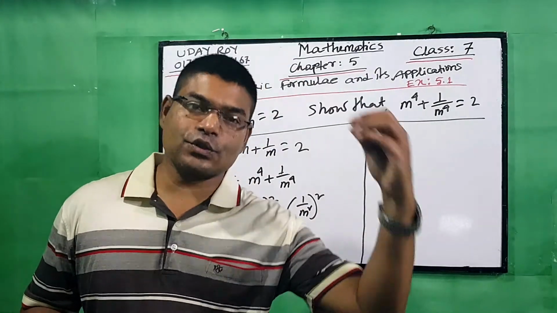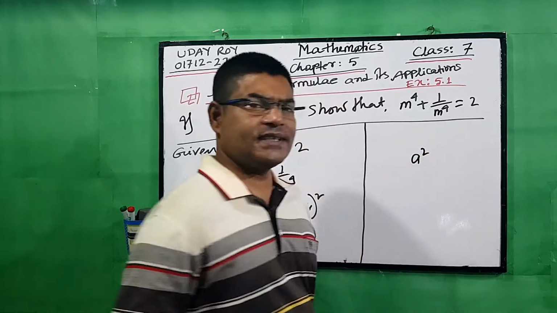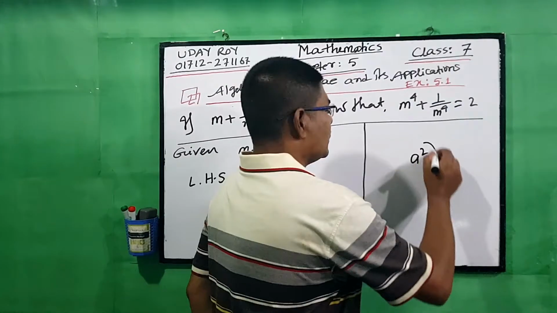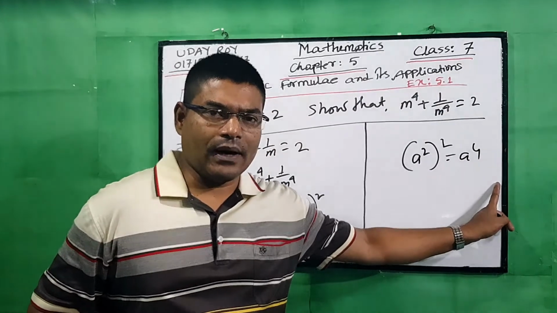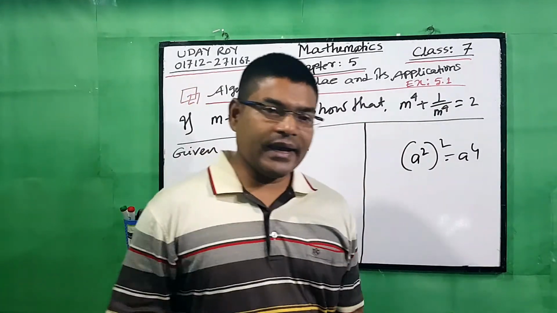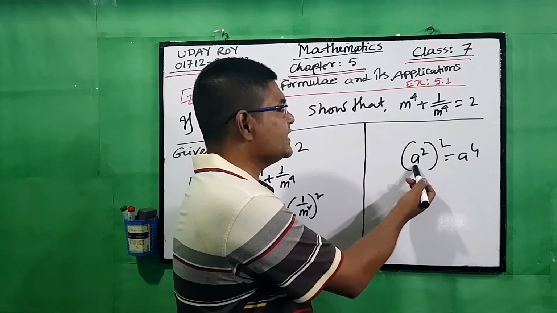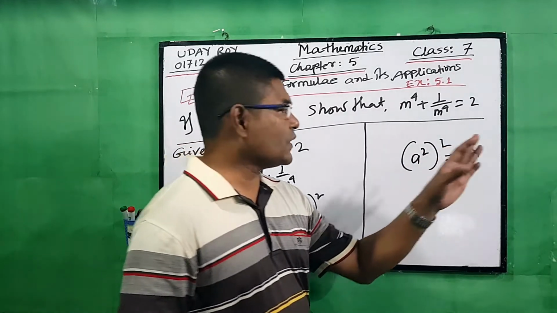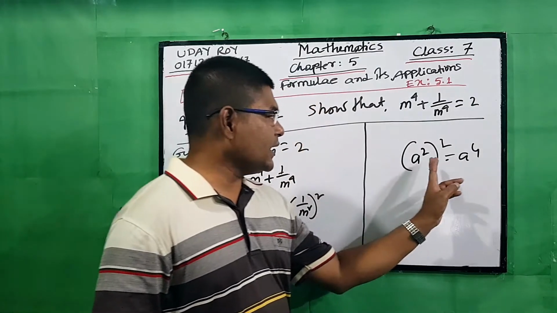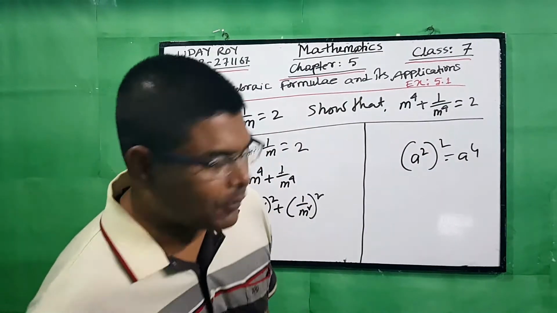Already we have done square. This is a square. No problem. So here is a to the power 4. So if we can see power is 4, then we have to break in this way. At first a square, then square. So if you can say 4, then you have to break in this way. That means 2 steps. So follow the board.